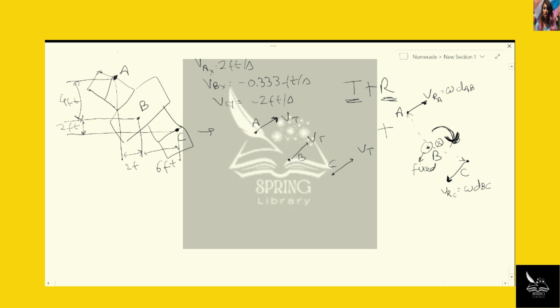Okay. Now we can add the known components and make them equal to the known velocities. So what is VAX? VAX is equal to 2. Let's just drop the units for now. We'll put them back in the end because everything is in feet per second and all the distances are in feet. So VAX is 2, and this has to come from breaking the component of Vt